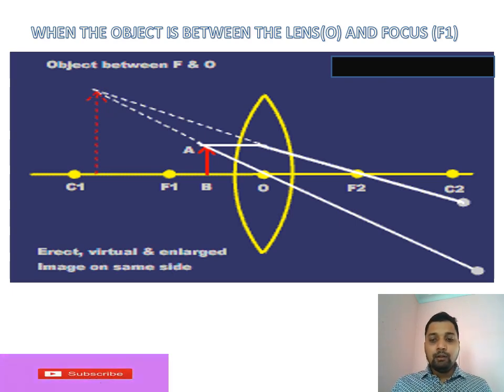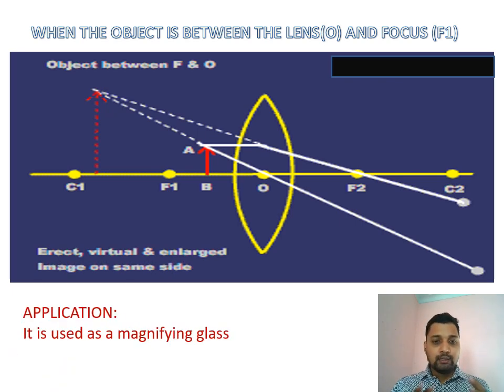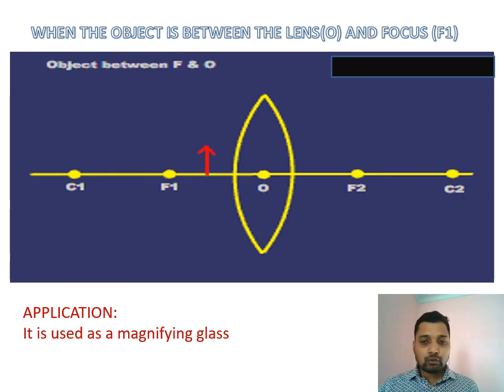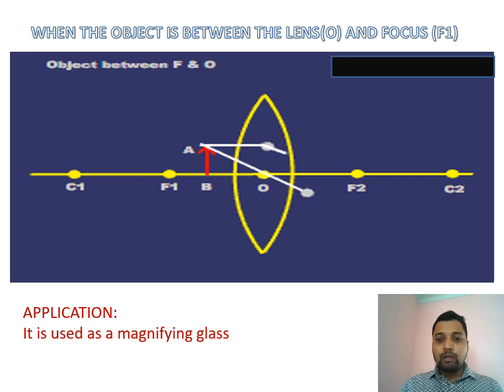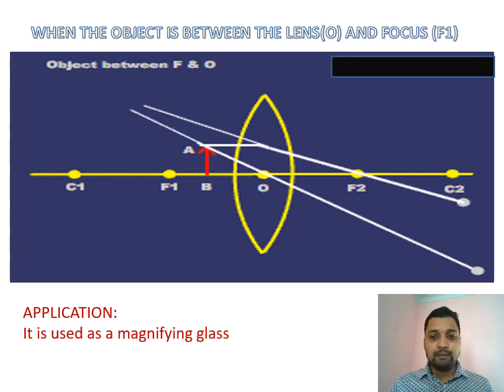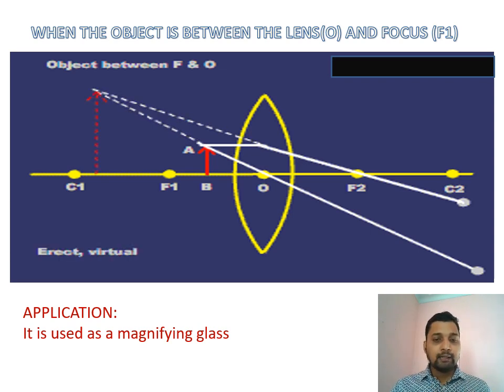So this is used as a magnifying glass, mainly in our microscope, where a smaller object seems bigger to us, and the image forms on the same side where the object is placed. So when the object is between F and O, the image formed is erect, virtual, and enlarged, and on the same